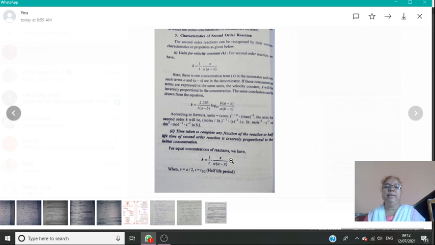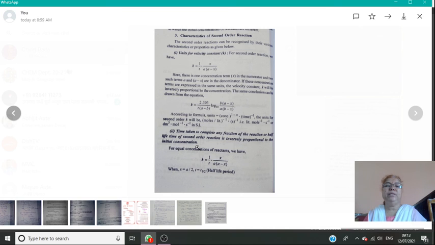We get t 1 half proportional to 1 by a, the initial concentration. So the time taken to complete any fraction of the reaction, or the half-life time of a second order reaction, is inversely proportional